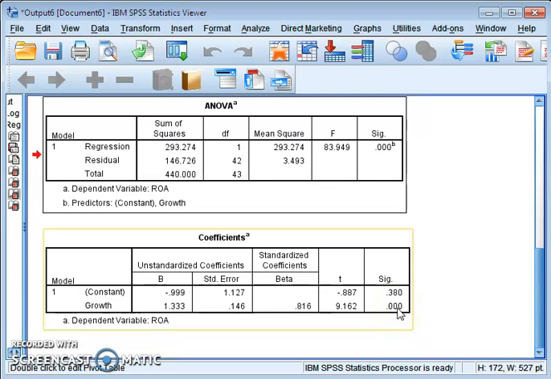If the significance value is more than 0.05, then there is no significant impact of this variable on the dependent variable. But if the significance value is less than 0.05, I am repeating it again, then we conclude that the independent variable is having a significant impact on the dependent variable.